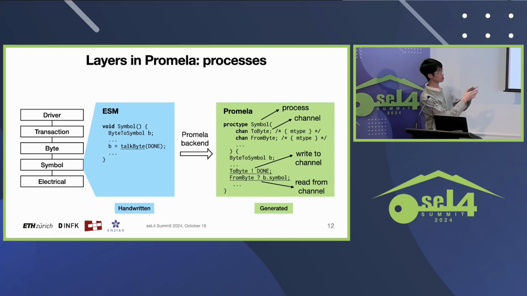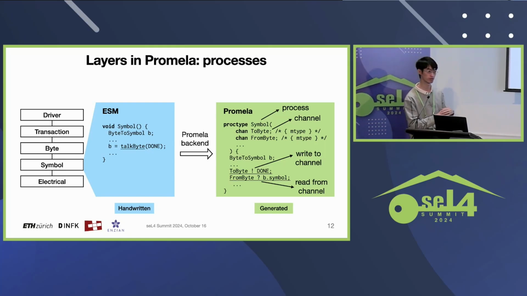Processes communicate through channels, and on the right, we show that the symbol process has two channels connected to the byte layer above it, one input channel and one output channel. It also has two channels connected to the electrical layer, which is not shown here. This channel carries the payload of the talk derivative. So, for example, the talk operation here will translate to one write to the output channel, and then a read